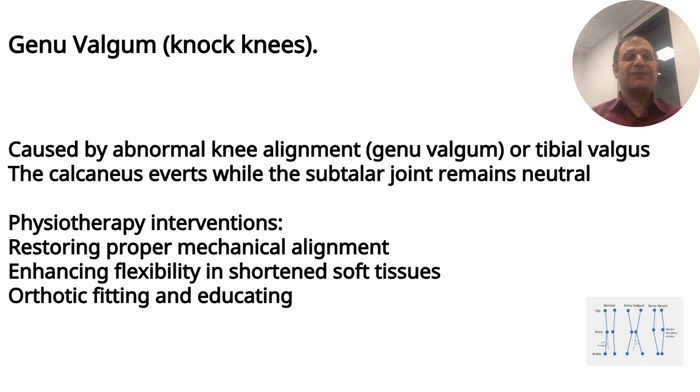Genu varum involves excessive medial tibial torsion, leading to medial patellar positioning and a pigeon-toed foot orientation. Bilateral genu varum, both legs bowed, is frequently associated with femoral retrotorsion, while unilateral genu varum may be linked to medial degenerative knee disease or unilateral femoral retrotorsion. Excessive genu varum causes a medial shift in the weight-bearing force line,